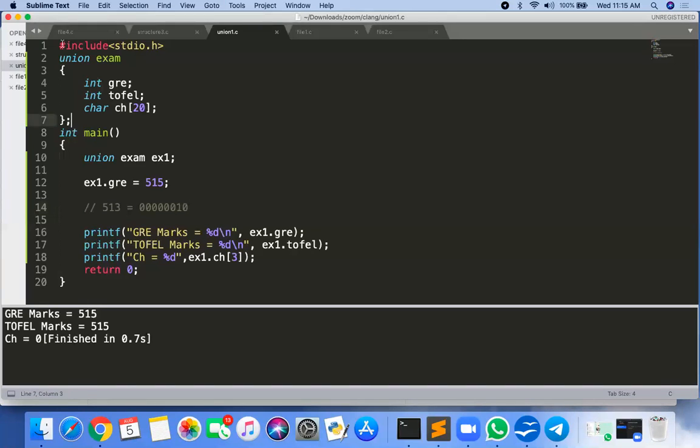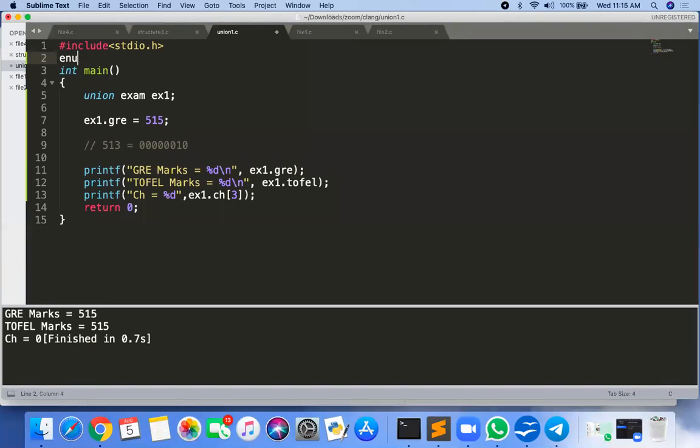Okay. So next one is enum. So how to create enum?